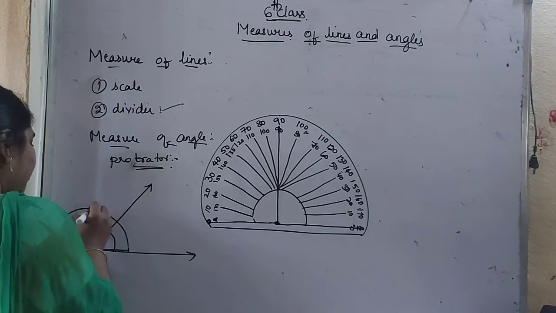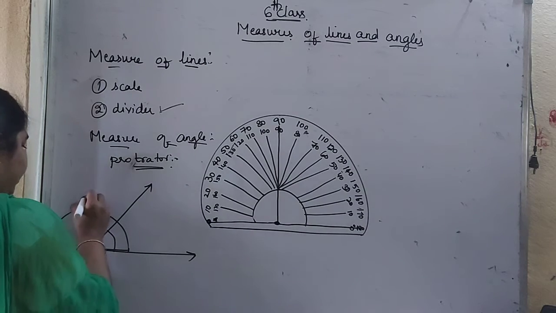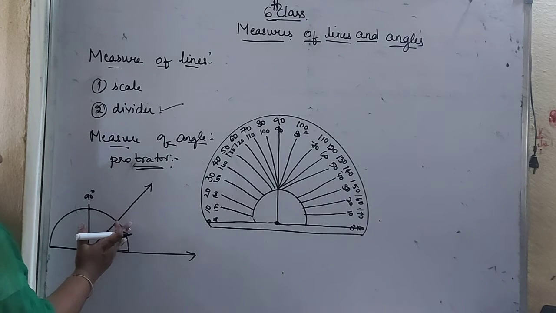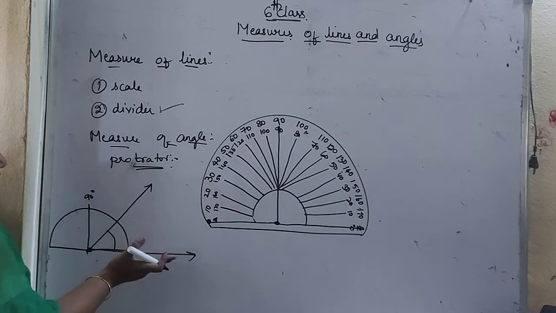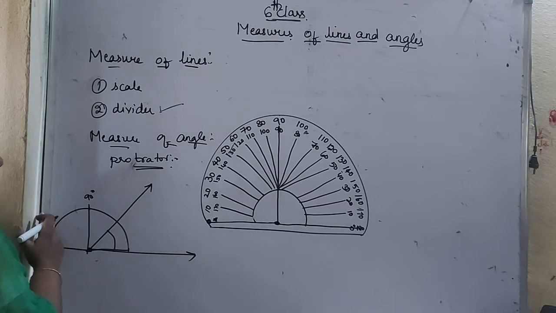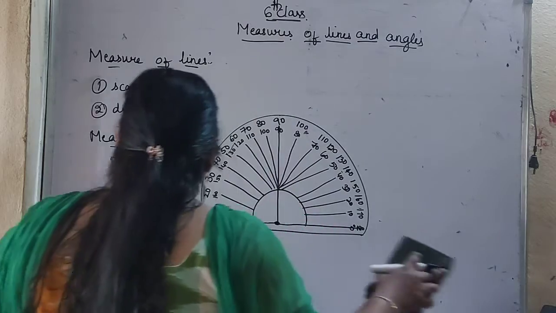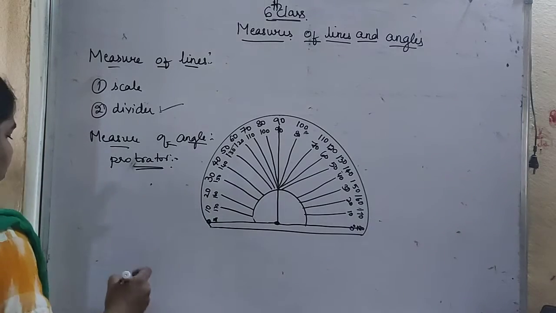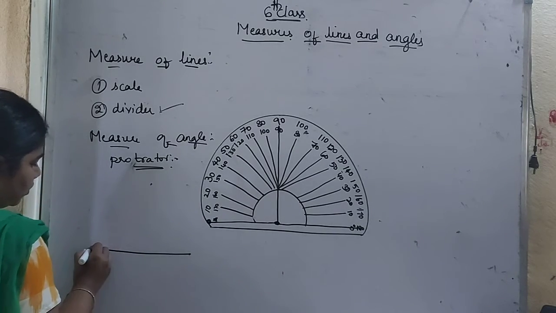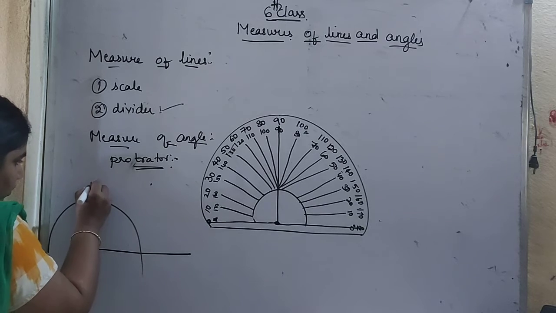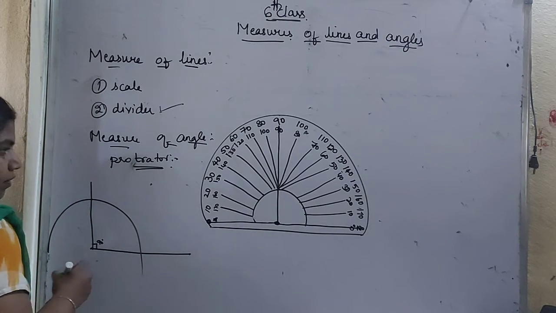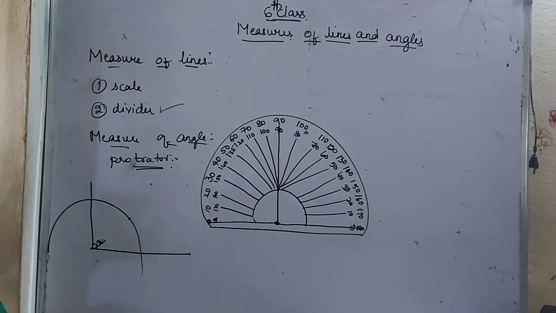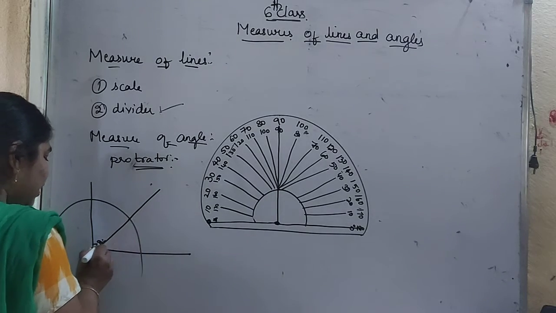If it is here, the straight line will be 90 degrees. The middle point will be equal to 90. So this side is less than 90, and if you are keeping the protractor this side, it will be less than 90 and this will be greater than 90. I am taking a line. If you place the protractor here like this, it will become 90 degrees. And if the angle is inside the line, that is always an acute angle. So if the angle is like this, it will be an acute angle.